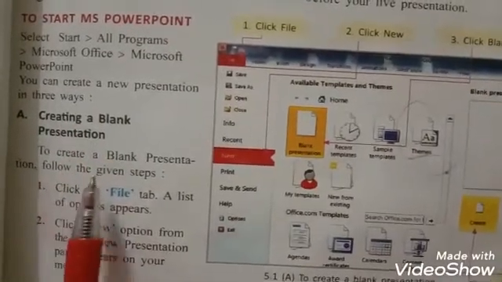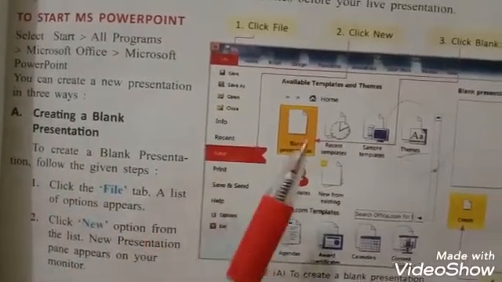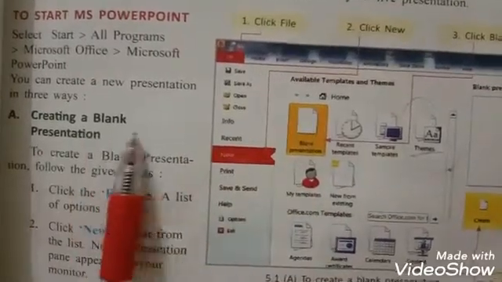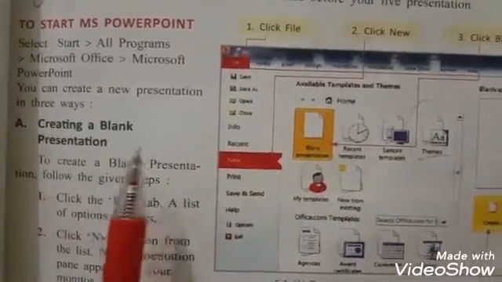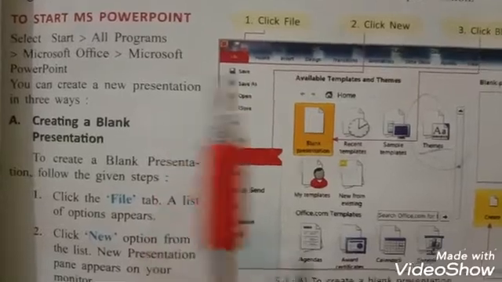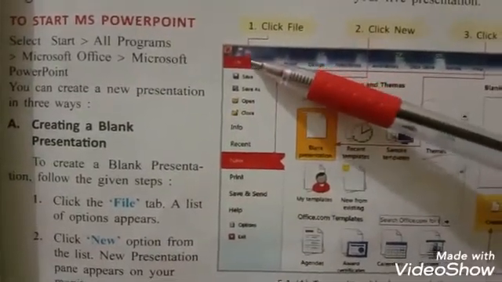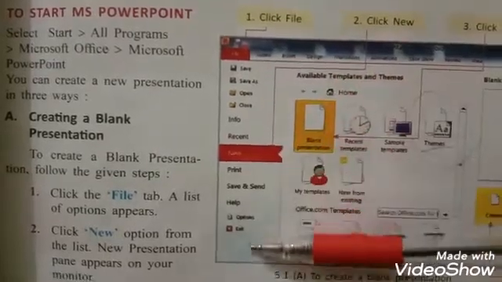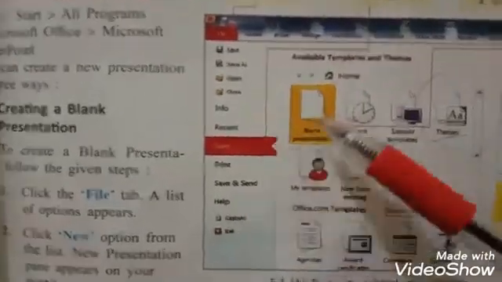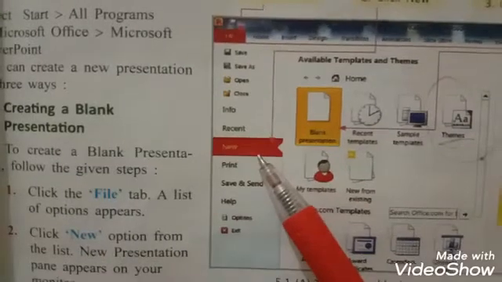There are 3 different ways to create a new presentation. First one is creating a blank presentation. To create a blank presentation, click File tab. On the ribbon, a list of options appears. Click New option.